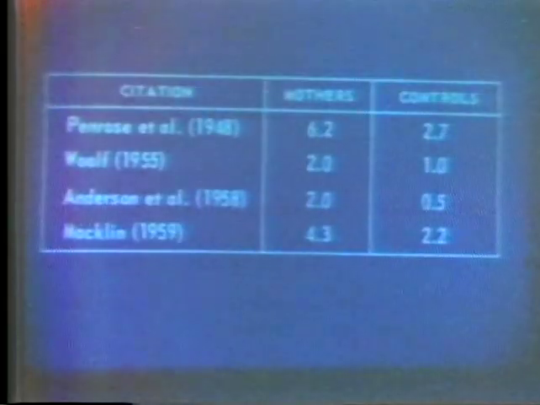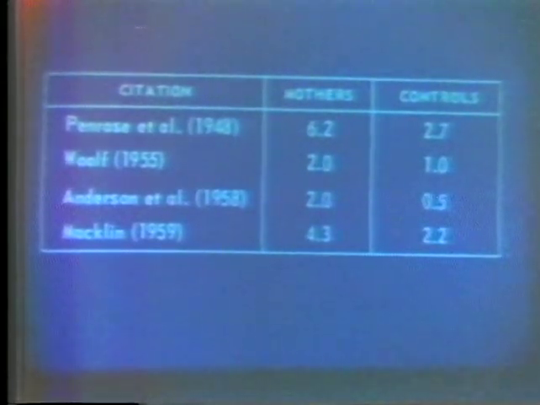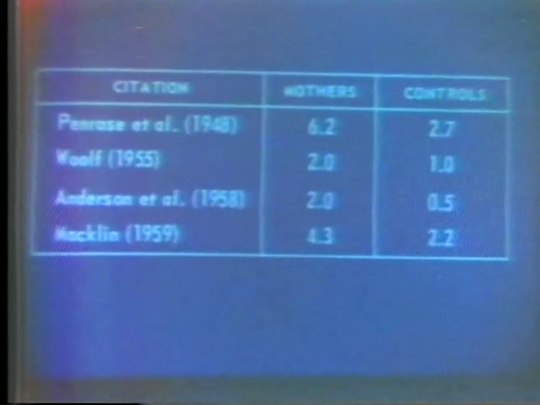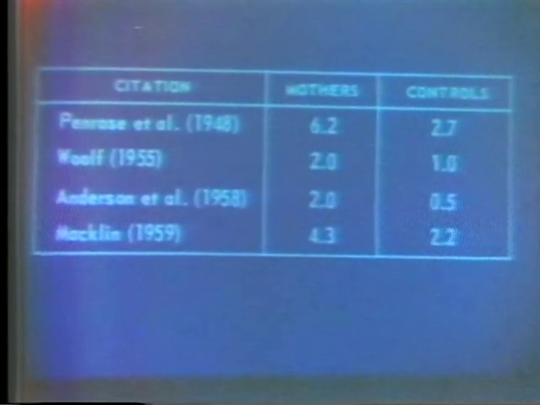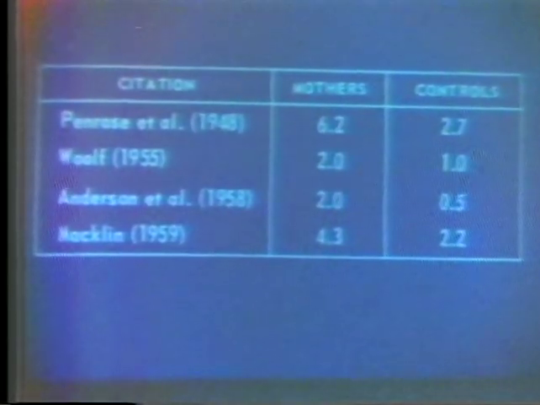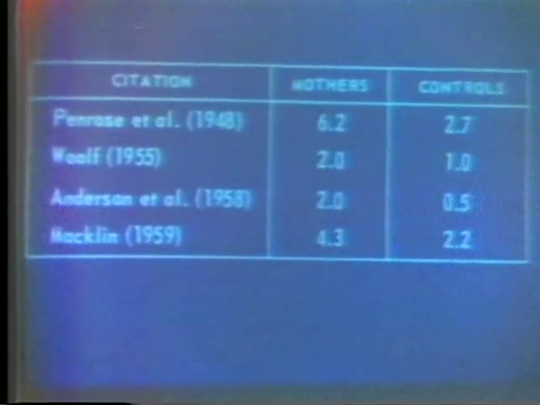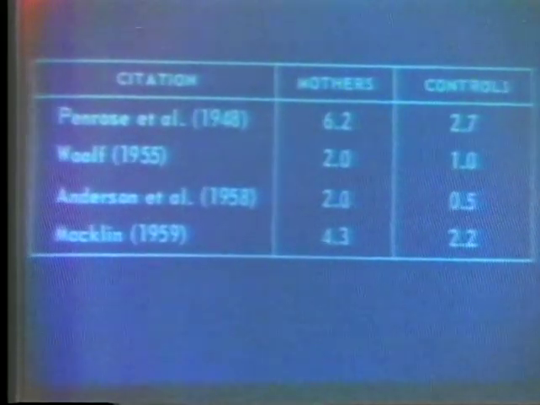I'm sorry. This was simply the earlier studies on breast cancer, which showed the 2 to 3 times increased incidence of cancer in relatives of breast cancer patients. And whether you looked at mothers, sisters, whatever, you came out with this 2 to 3 times increased risk, which was not terribly helpful. Next slide, please.